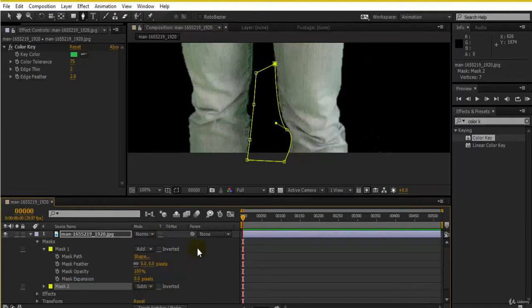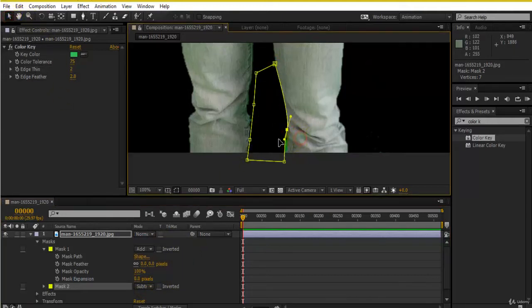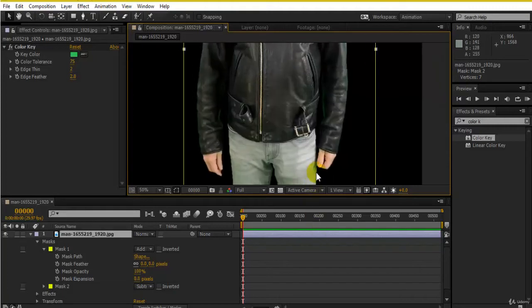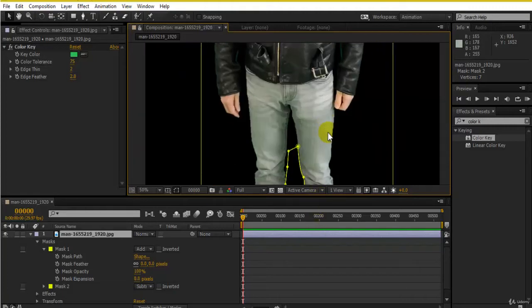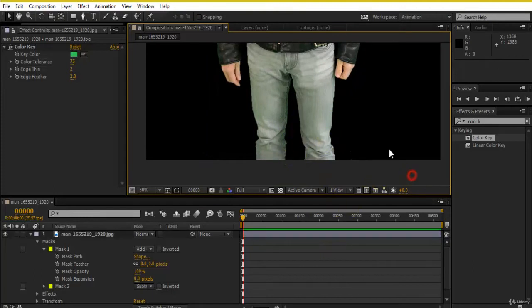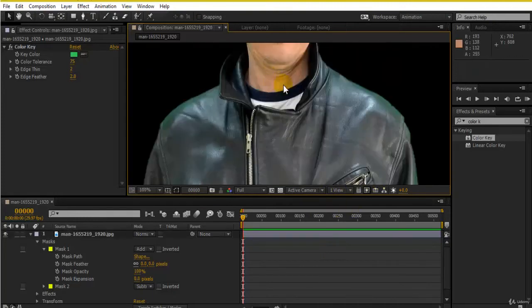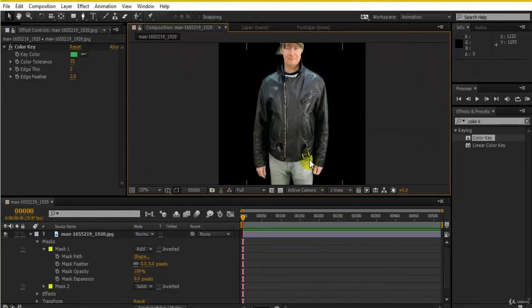From add, you can click on subtract, so it will subtract that. Yeah, something like this. So these are the areas which have been removed, and they are looking pretty nice, and this is how our character has been extracted.